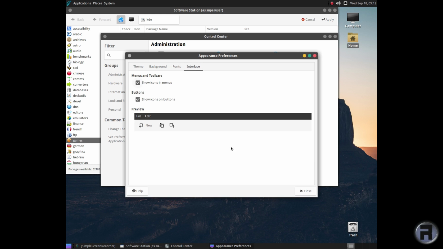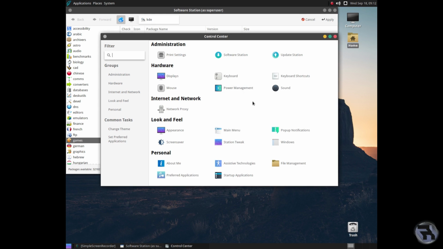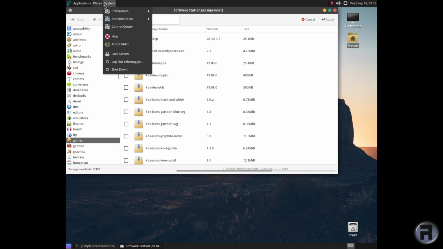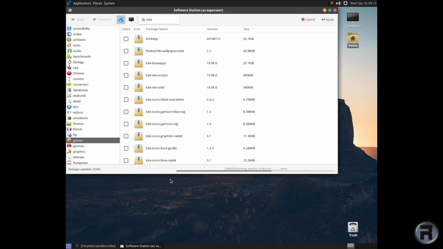And interface tweaks. So, yeah. It's pretty much what you expect in the control center. It's still downloading. Something about KDE, it does take a long time. So what I'm going to do is, is there anything I've forgotten that I can show? But while it's doing that,